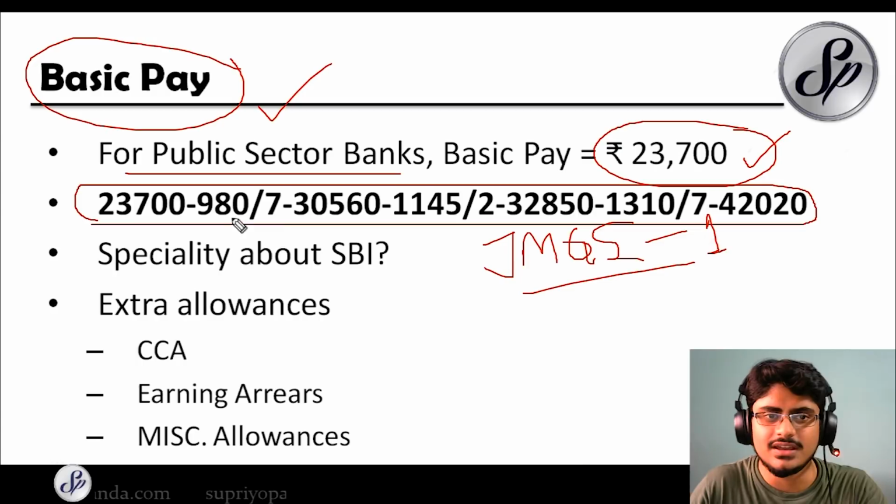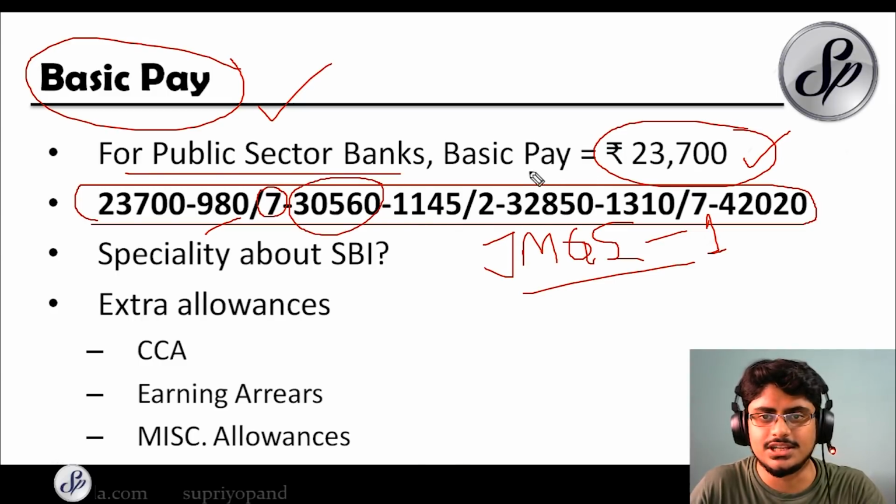Then you have 7 increments. This number 7 means 7 increments of 980 rupees. So in the first phase you have 980 rupees, 7 increments. After you have added 980 into 7 to 23,700, you arrive at 30,560, and after that you have 2 increments of